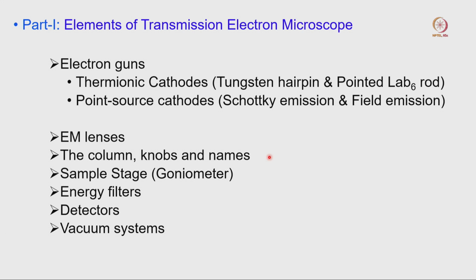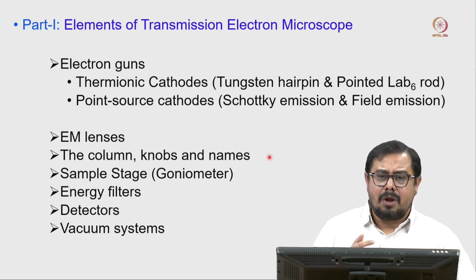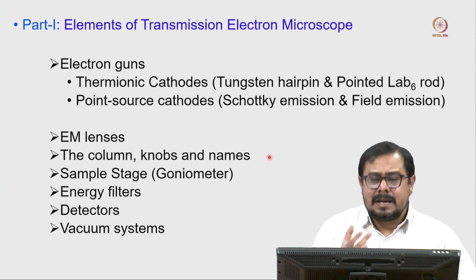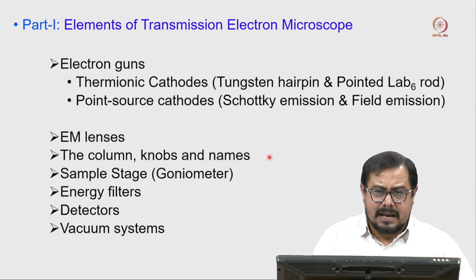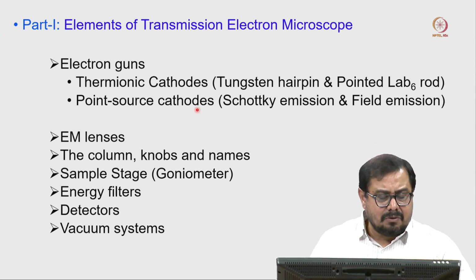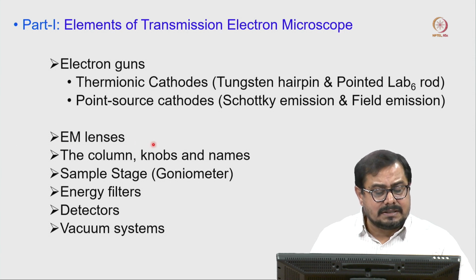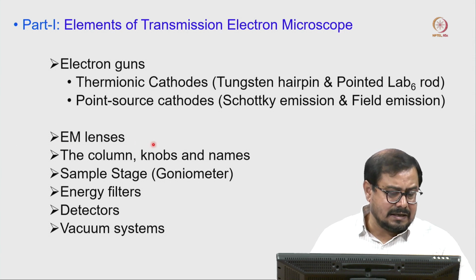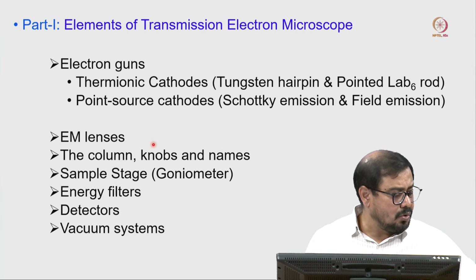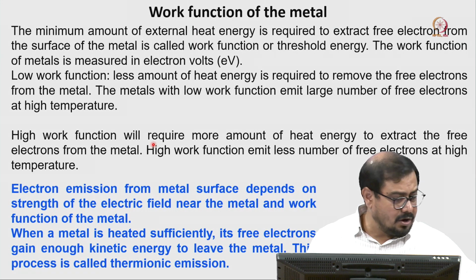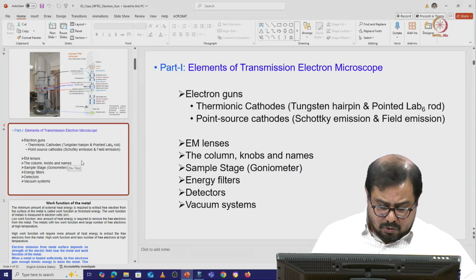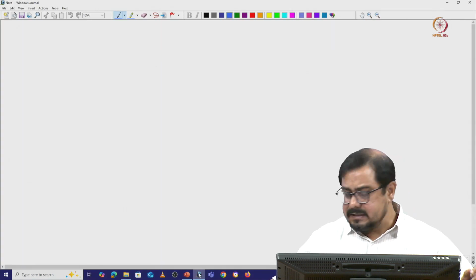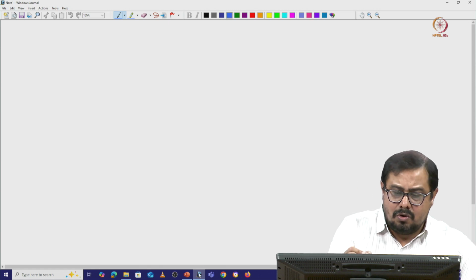If you consider the light microscope, 2 or 3 lenses are good enough, where you have an eyepiece and then 3 or 4 objective lenses, and combining these you get an image. But in this particular case, there is a total of 6 electromagnetic lenses. It will be better to remember what kind of electromagnetic lenses we have, and for that reason an easy schematic diagram will always be good.